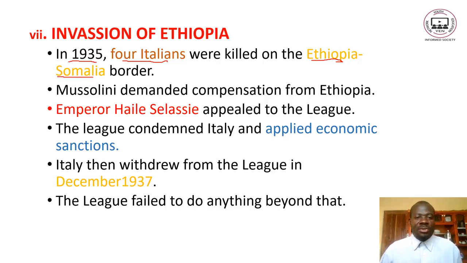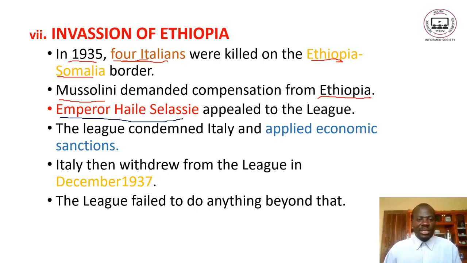So Mussolini, remember Mussolini, the Italian leader, demanded compensation from Ethiopia after the 4 Italians were killed. So the Ethiopian leader, Emperor Haile Selassie, appealed to the League for what happened